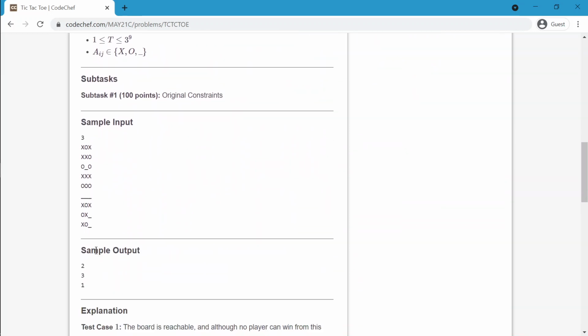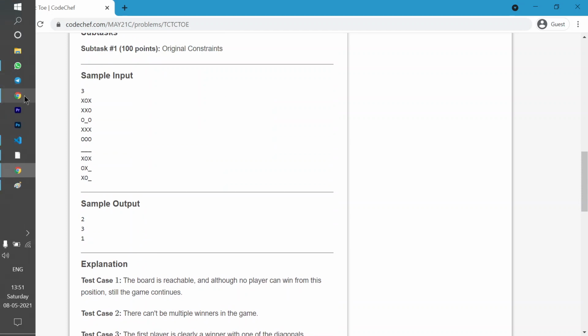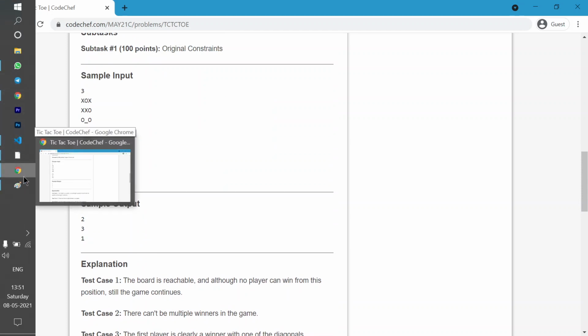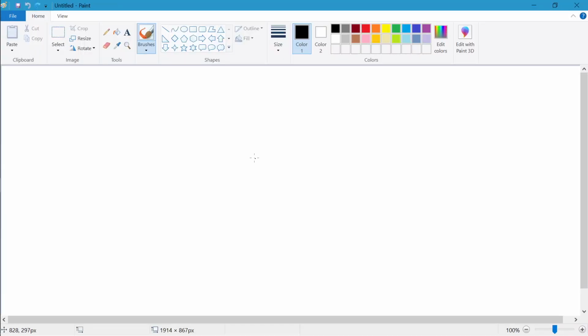When you have to print 1, it is not mentioned that one or more cells must be empty. It is said that if any one player wins or the game is drawn, then you simply print 1. Okay, so it is simple. Now let me explain how you will do that.